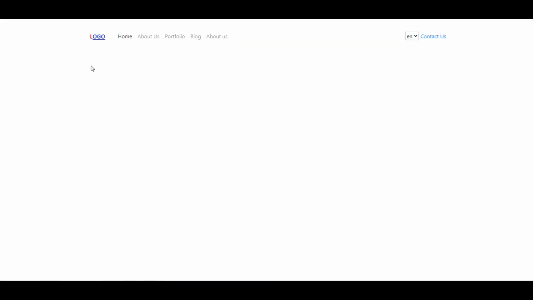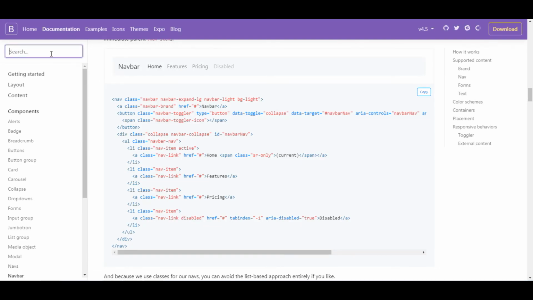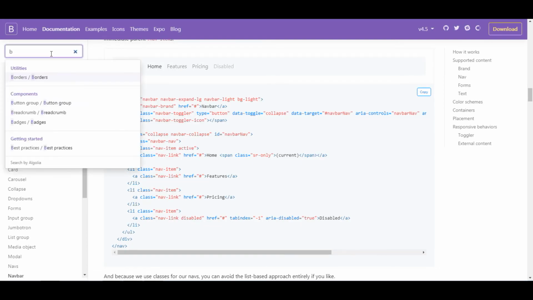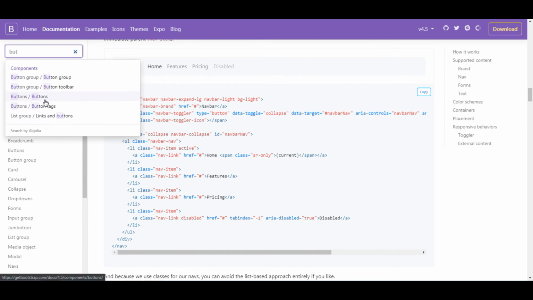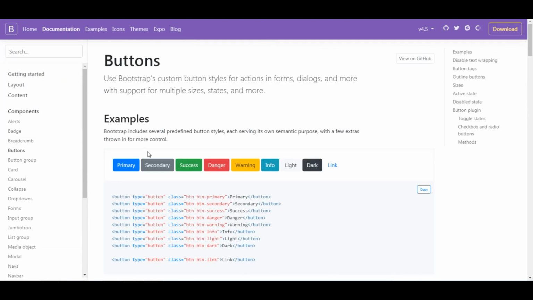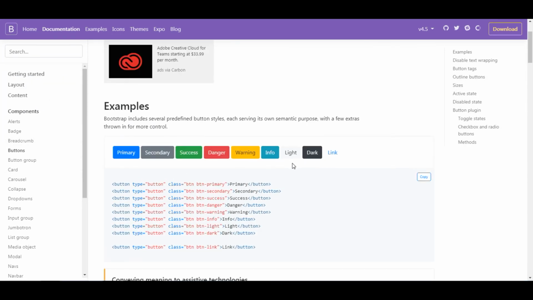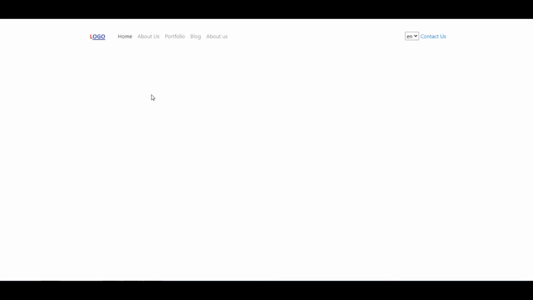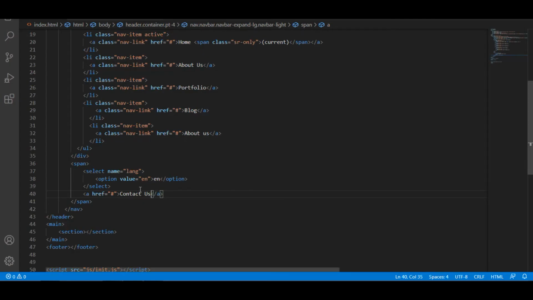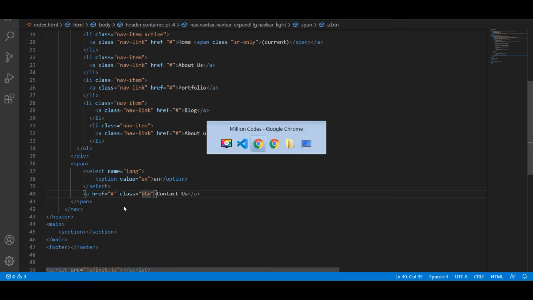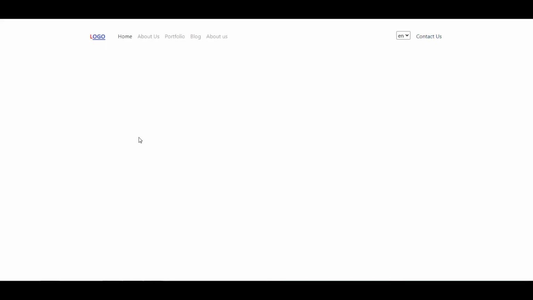For styling the button, we have some classes in Bootstrap. We can see some styled applications on the buttons. So we can make use of this button class on the link to style some changes to our application. So you can see what the changes are. We can see a nice looking button effect on that.